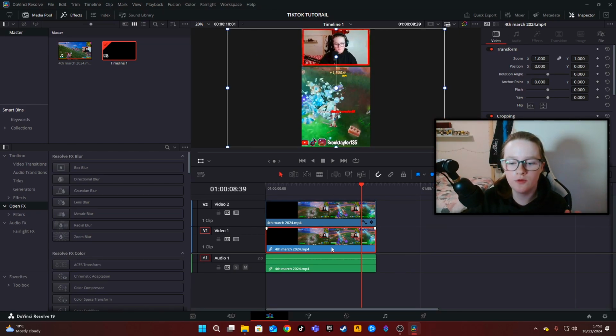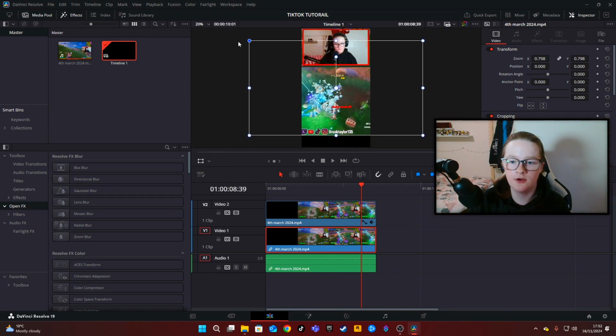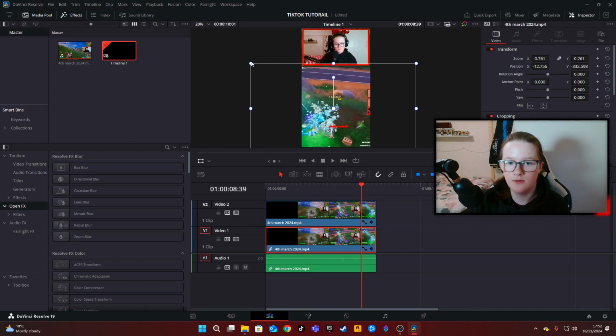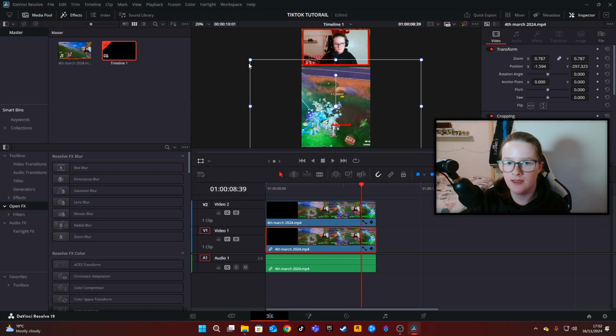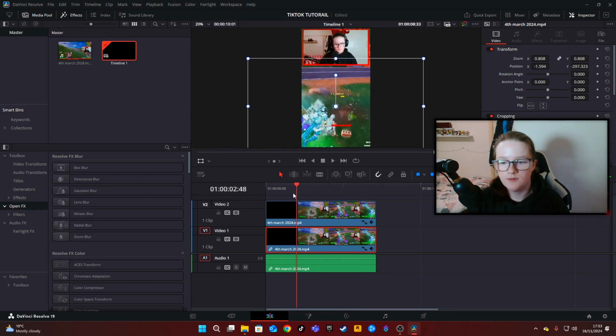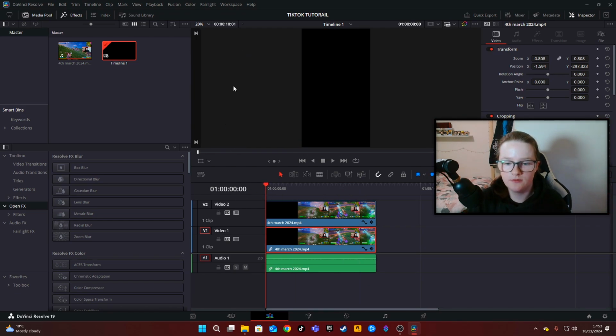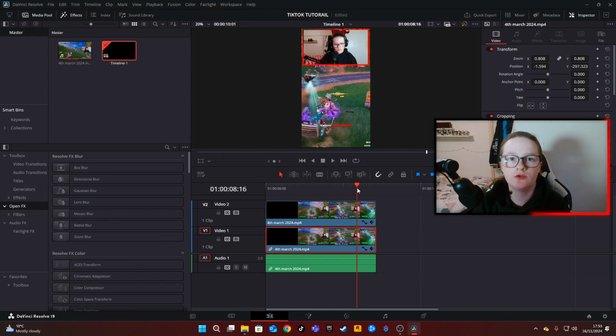Now for your bottom clip, you can just keep the transformation icon selected, and if it's not, you can always reselect it. And you want to bring up your gameplay. Now it doesn't need to be perfect, just make it so your gameplay can be seen. Now to make sure it's okay for you, you just click play, and once you've looked over your video,